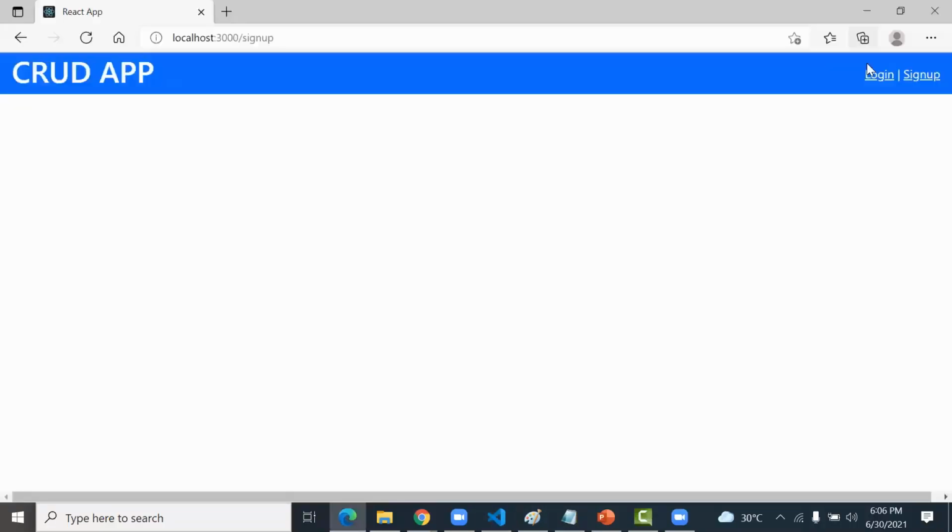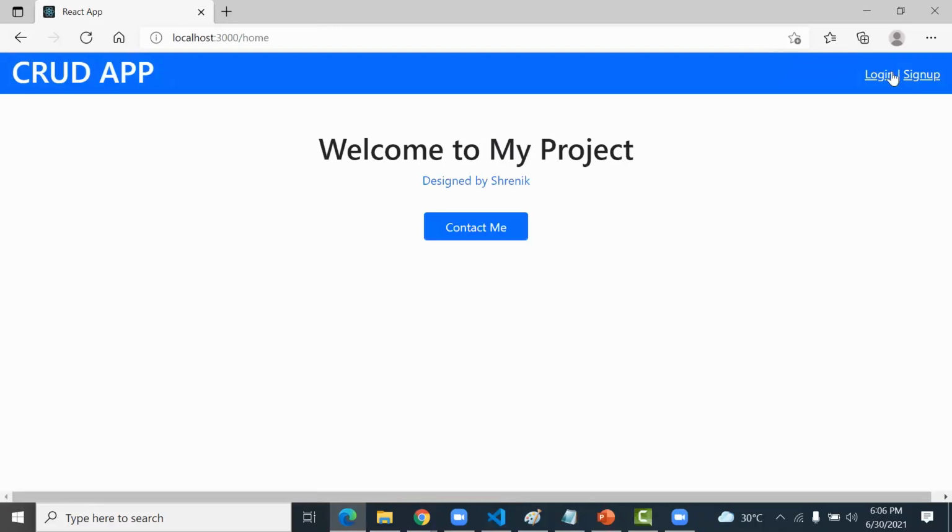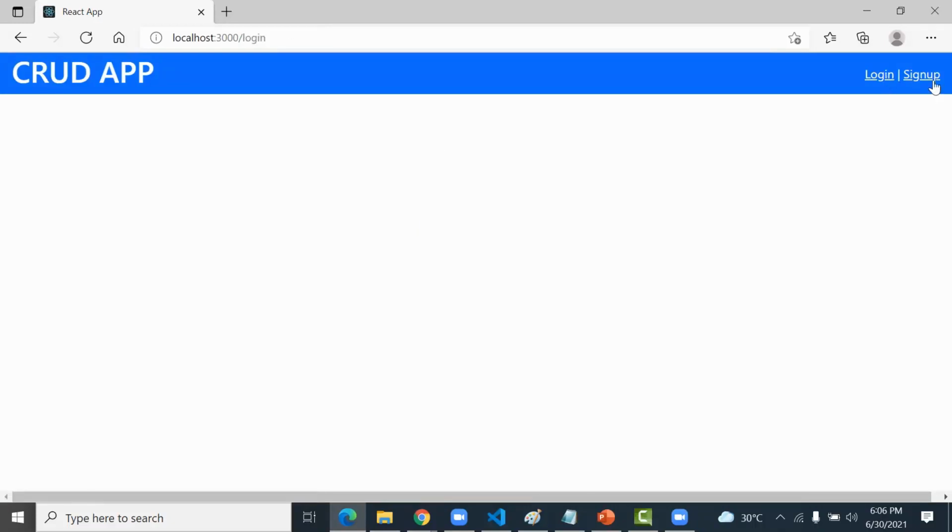Now it is sign up, login. If it is home, then home is coming, and clicking login is actually working, but there is no design on the login page.